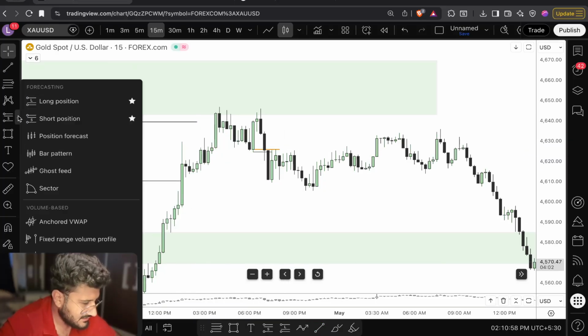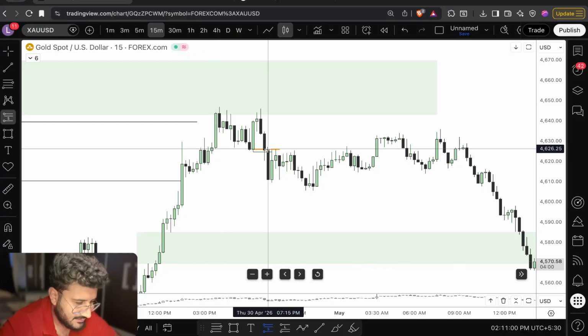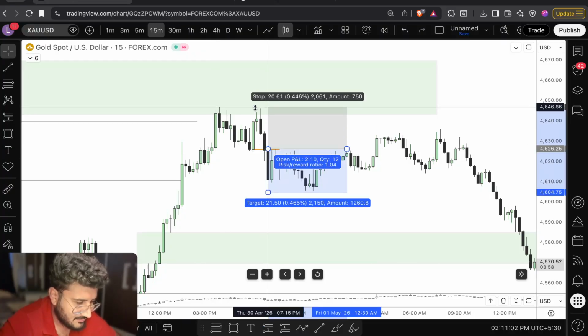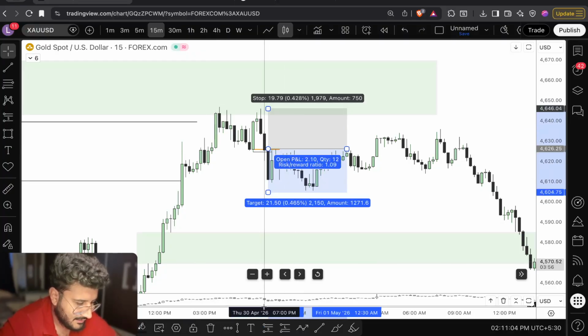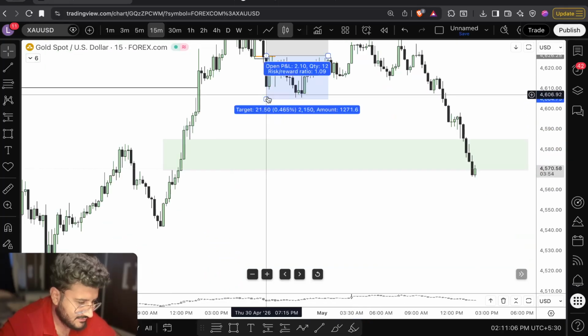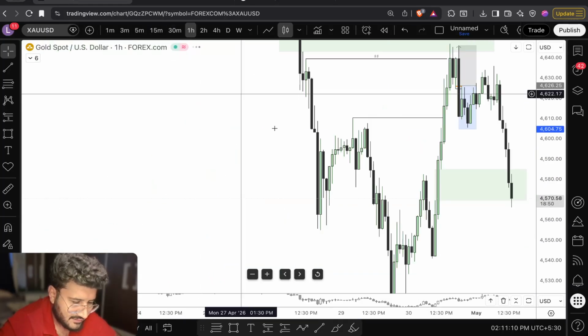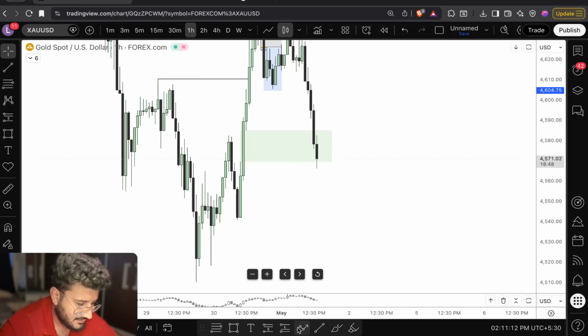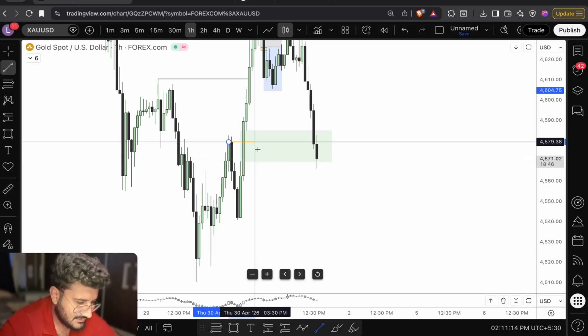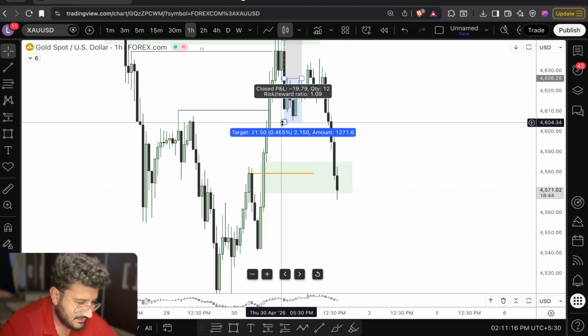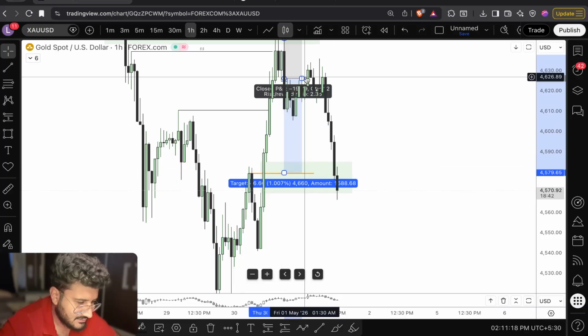Right. So after the CSD, I can look for a sell trade over here, with SL above this high. And what will be my target? Internal range liquidity. So this is my complete order block. If I go to the 30-minute or 1 hour time frame, this is my order block, right? If I mark the order block like this, I'll target till this order block. So this would be my trade plan.